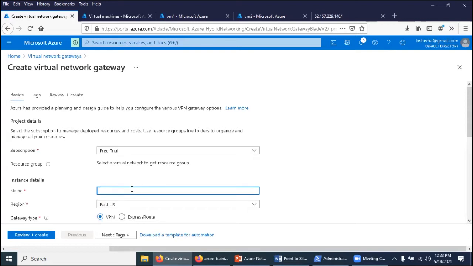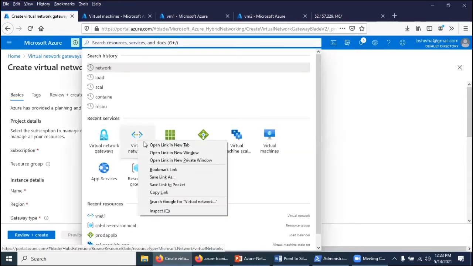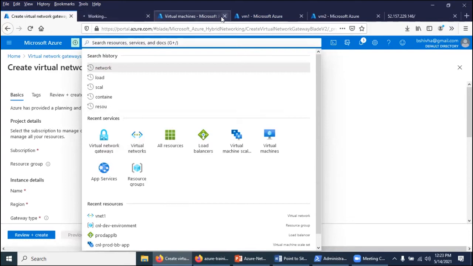Selecting the name, say VNet gateway. Before that, ensure which location your virtual network was created in.